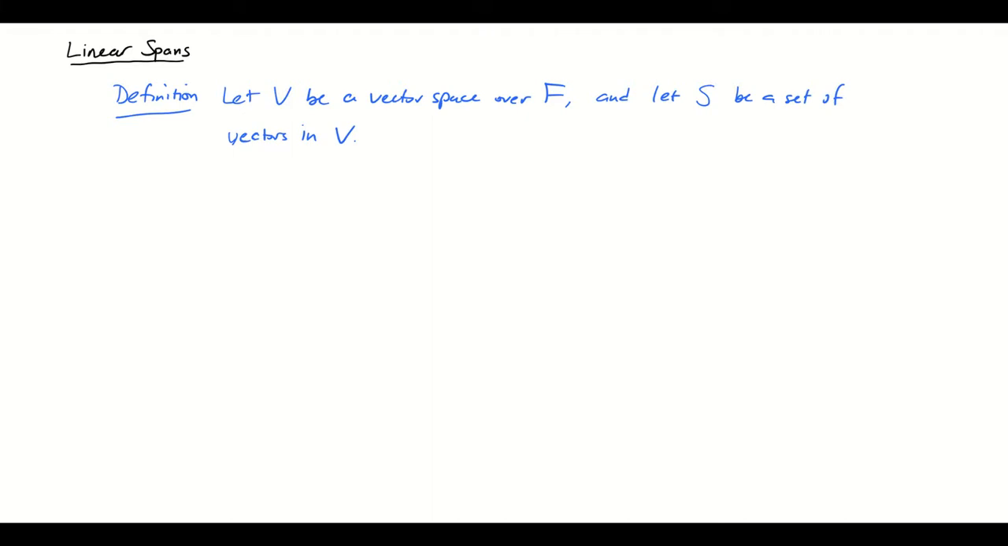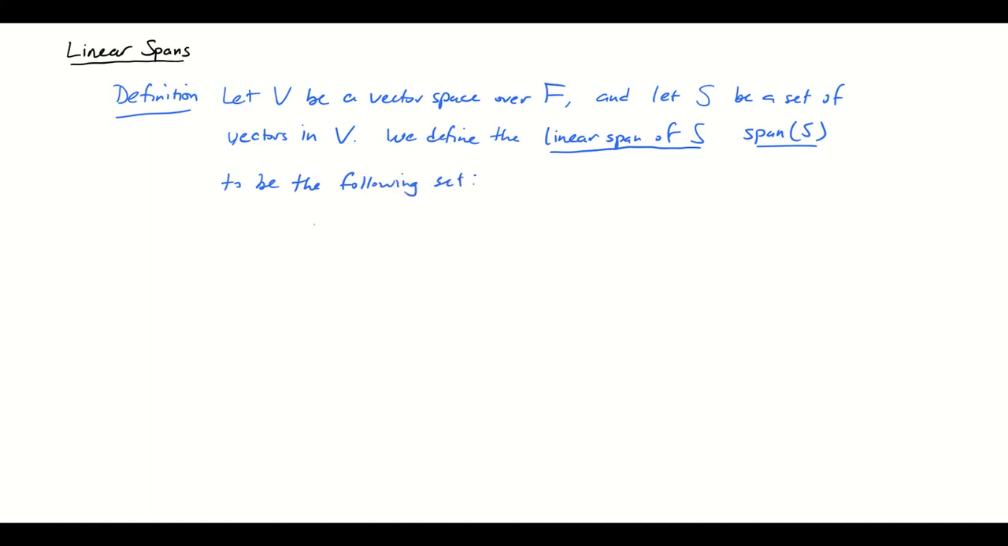in V. All right, we define the linear span, or usually just the span of S, and it's usually written span of S, to be the following set. The span of S is equal to the set of all V in the vector space V such that there exists W1 through WK vectors in the set S and